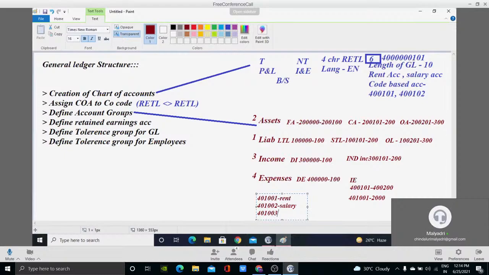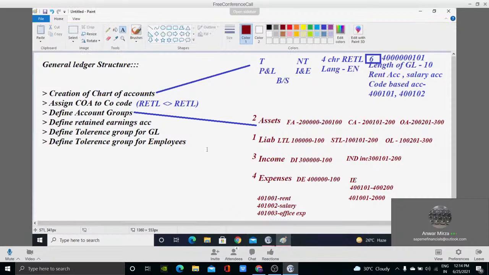40103. Again, there is also a big debate here when you start for GL, and I'll have a different point of discussion. Don't worry about it. But this is what I have explained to you here. Please remember this. Now you know all these decisions of 6 characters. This is how you can justify it at the time of creation of account books.